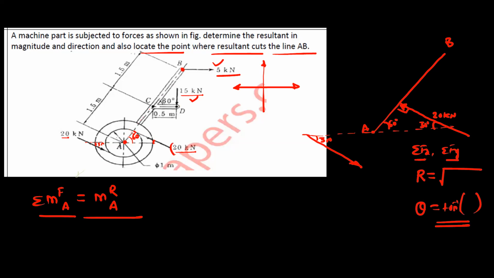And then the moment by this 20 kilonewton and this 20 kilonewton, you can directly write this value. Do not consider the components of these two forces. You have to consider components only in the calculation of summation Fx and summation Fy. But for the moment, that is to find the left hand side, you can directly write down the value. So you can give this answer just by observing this circle.